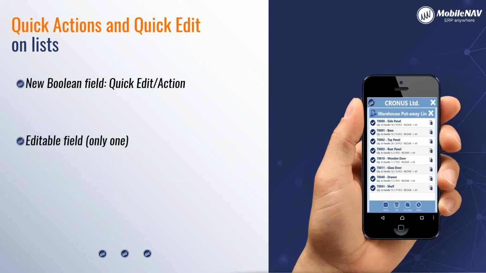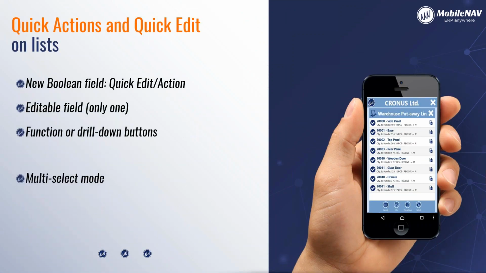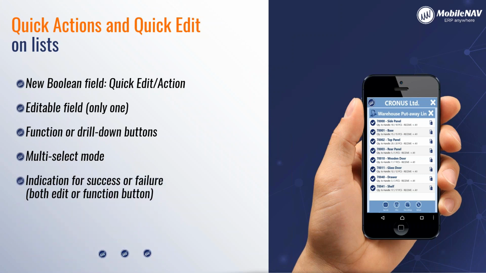So, quick actions and quick edit. It's not a secret, it was the biggest challenge for us in this release. The configuration of quick actions and quick edit is very, very simple. You will see a new Boolean field on the configuration for each and every field in the MobileNAV page configuration, called quick edit or quick action. And if you enable it, then you will see that the client will respect that, and on the list you will see